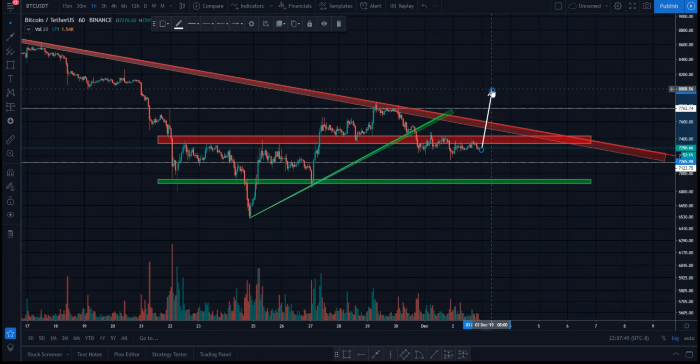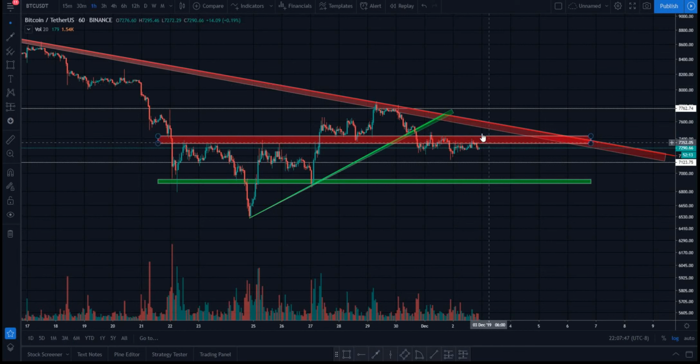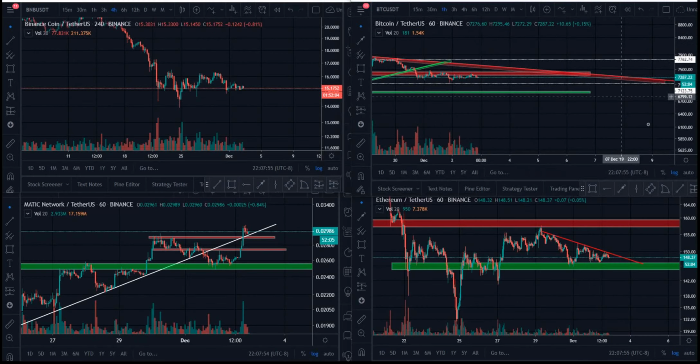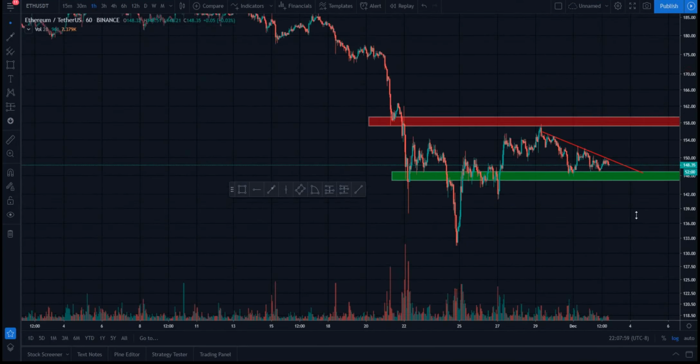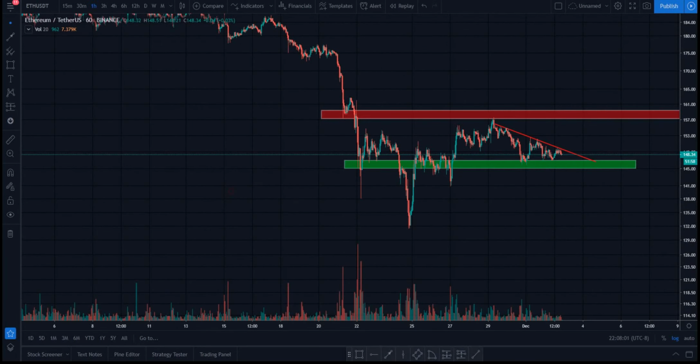I have accepted it before I even took the trade, and then I'll look for longs. But until that happens, I'm not really going to look for longs, and I'm going to continue with my short bias. Now that we talked about BTC, we will now go to Ethereum. So this is the 1 hour chart. We will go to the weekly